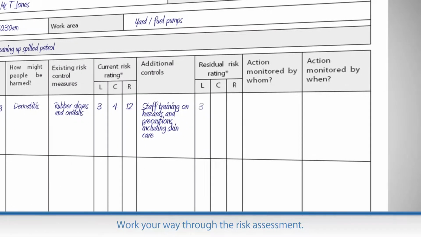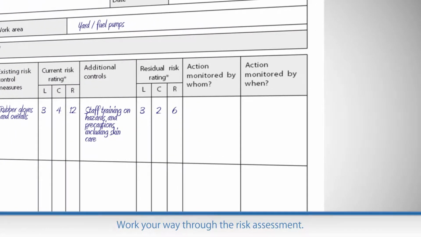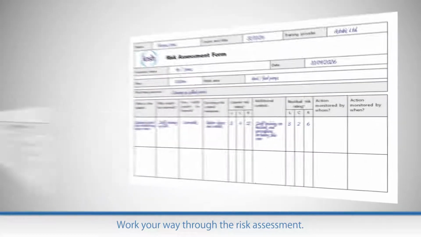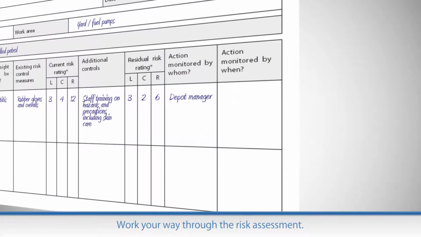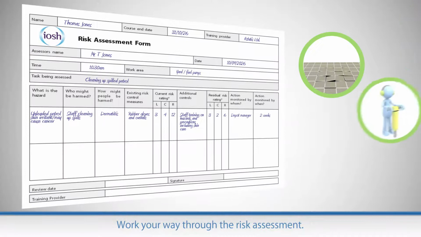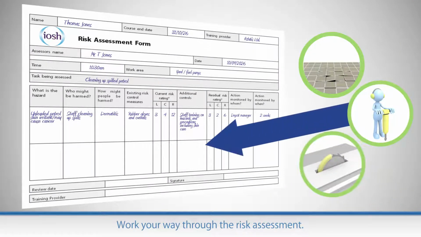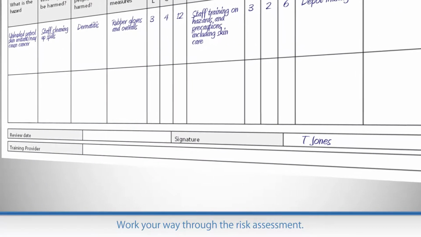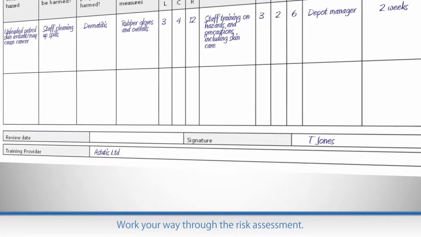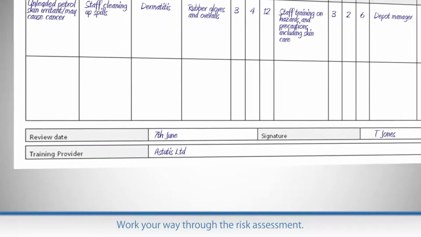You should also calculate the residual risk rating using the 5x5 risk calculator again. You will also need to state who will action or monitor the controls and when the action or monitoring needs to take place. Then you will repeat all of this for the other 3 hazards you have identified. There are also boxes for you to provide some further details and provide a review date for the risk assessment.